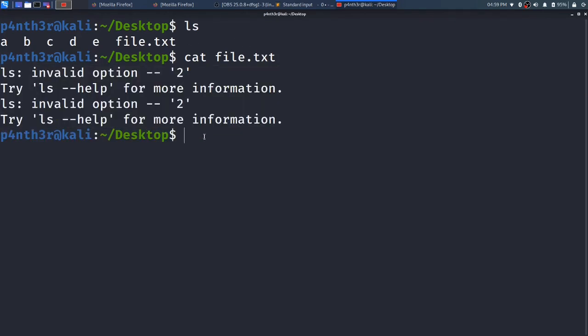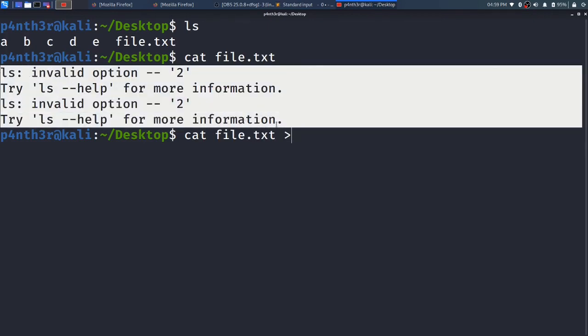I want to copy this file.txt and store it in some other file. So I will type cat file.txt. I am reading this file with the cat command, and I am going to redirect this output. What does the cat command do? It prints the content of file.txt onto the screen.